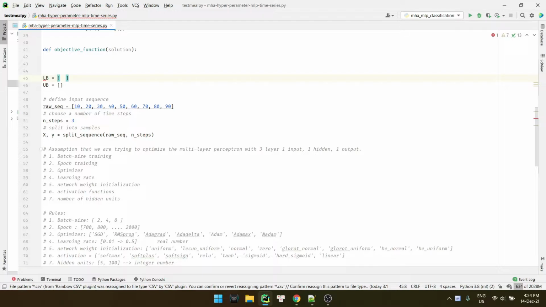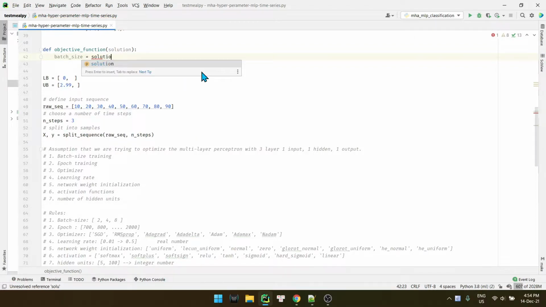I think it should be from 1 to 2.99. Why is that? Okay, let me explain. The batch size goes to the solution, the solution with the index 0.